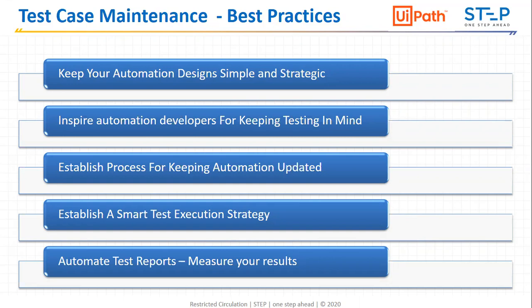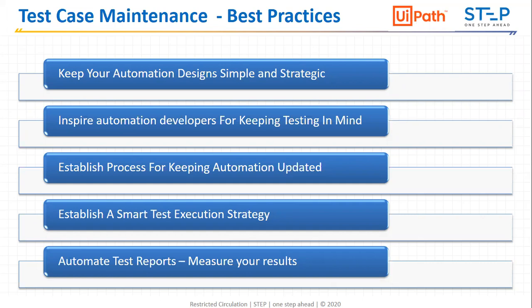Then establish the process of keeping automation updated. Each and every build the developers provide, we need to see if there is any impact on our previous test cases related to the changes the developers are making. So we need to see the release notes, and ask them to specify for whatever release they have what components are getting changed, what things they are changing, so that we can change those things and keep our automation test suite updated.